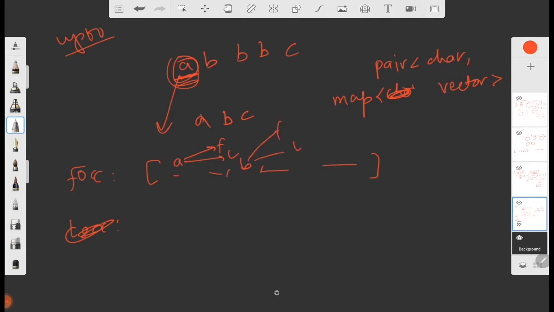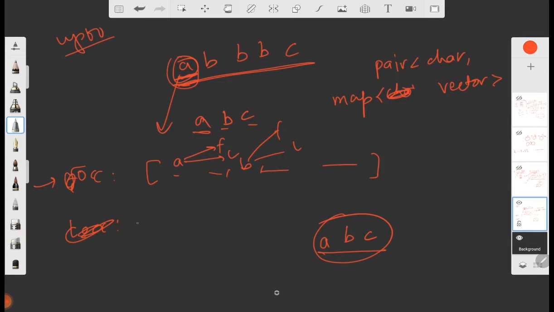After making the occurrence array, you go to this a b c, which they already gave in the question.